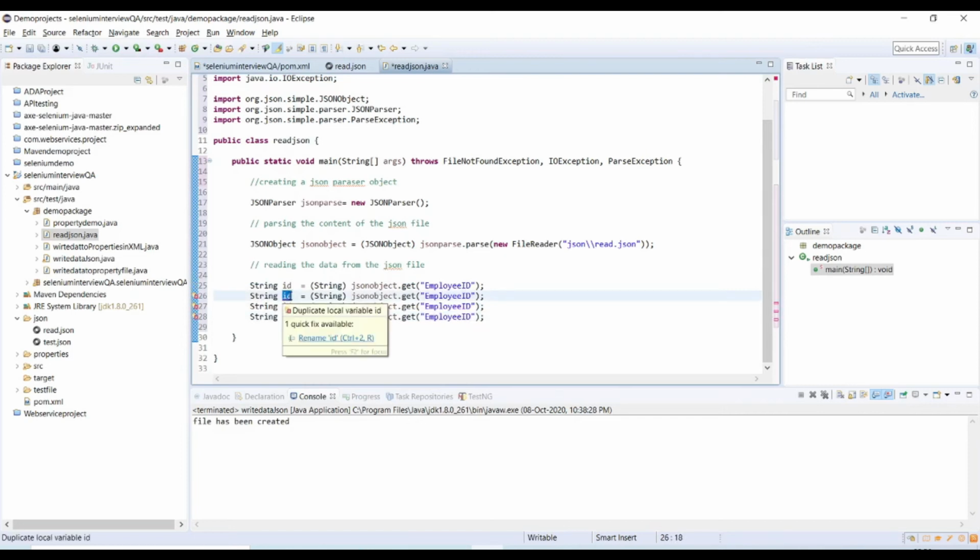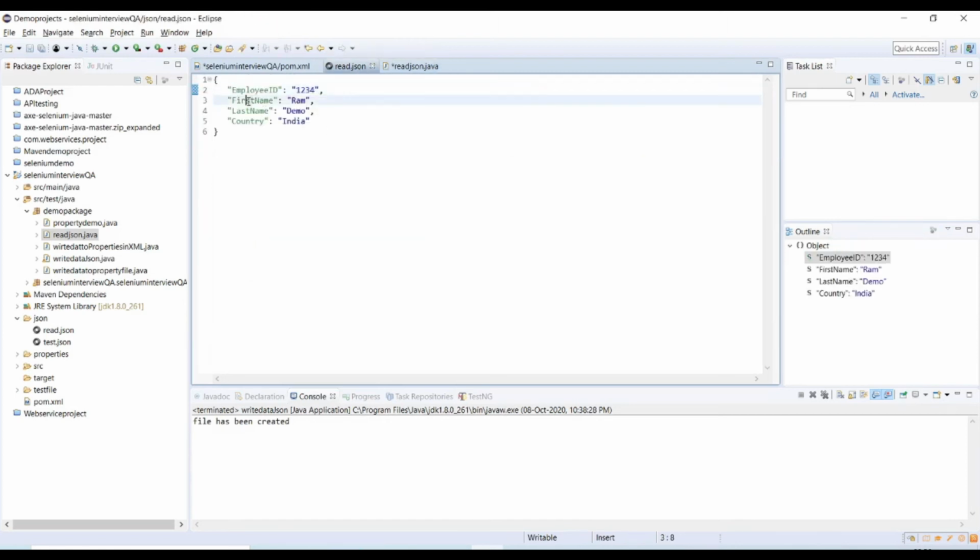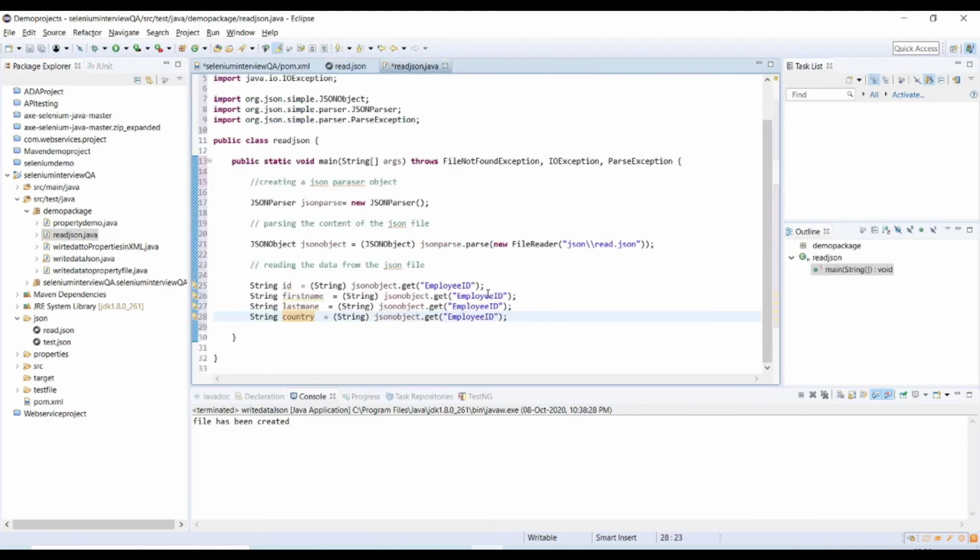Now it's for name, this is the first name. Now we need to copy all these key names to here.